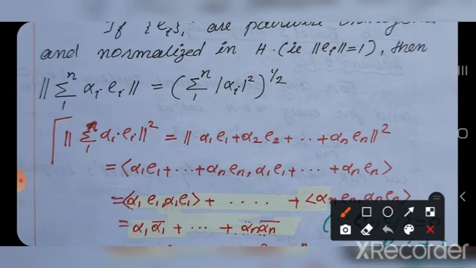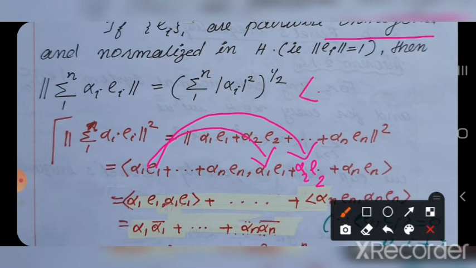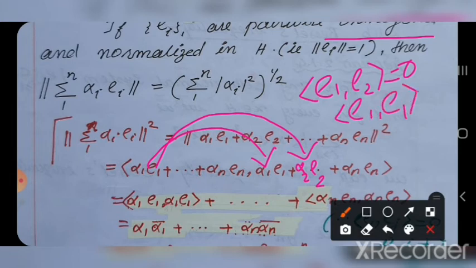അപ്പോൾ ആദ്യത്തത് ആൽഫ 1 E1, ആൽഫ 1 E1 എന്ന് വരും. ഇനിയും ടേംസ് ഉണ്ട് കേട്ടോ. ഇവിടെ ഒരു ആൽഫ 2 E2 ഉണ്ടായിരിക്കേ. അപ്പോൾ അടുത്തത് ഇന്നർ പ്രൊഡക്റ്റ് ഓഫ് ആൽഫ 1 E1, ആൽഫ 2 E2 എന്നാണ് വരിക. ഇതൊക്കെ ഓർത്തോഗണൽ അല്ലെങ്കിൽ ഓർത്തോനോർമൽ വെക്ടേഴ്സ് ഒക്കെ ആയതുകൊണ്ട് E1 E2 ഇന്നർ പ്രൊഡക്റ്റ് 0 ആണ്, E1 E3 ഇന്നർ പ്രൊഡക്റ്റ്, അല്ലെങ്കിൽ E1, E1 മാത്രമേ 1 ഉള്ളൂ, ബാക്കി എല്ലാം 0 ആണ് അല്ലേ. അപ്പോൾ ആകെ ആൽഫ 1 E1, ആൽഫ 1 E1 ഈ എലമെൻ്റ് മാത്രമാണ് ആദ്യത്തെ മൾട്ടിപ്ലൈ ചെയ്യുമ്പോൾ നോൺ സീറോ ആയിട്ട്